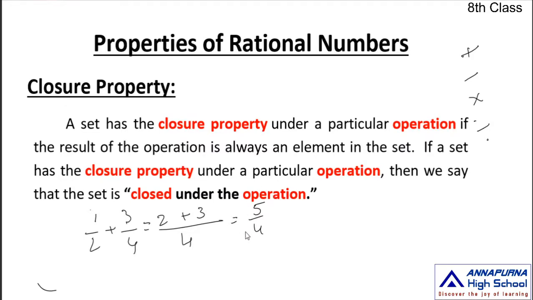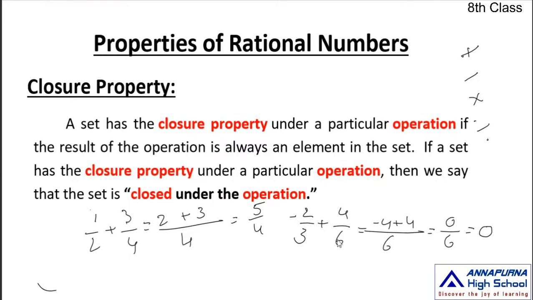Not only in this case. Here I am taking only an example. When you take any two rational numbers, the sum is a rational number. Verify among all rational numbers, including 0 and the negatives of rational numbers. For example, here I am taking two more rational numbers: minus 2 by 3 and 4 by 6. Add them. Here the LCM is 6 and the numerator is minus 4 plus 4. It is equal to 0 by 6. It is equal to 0.